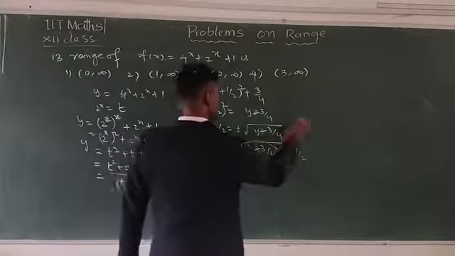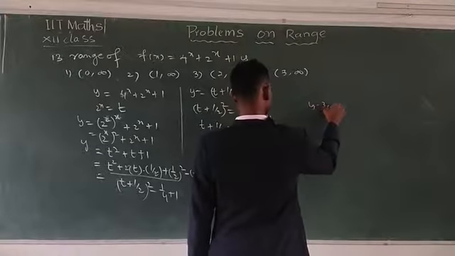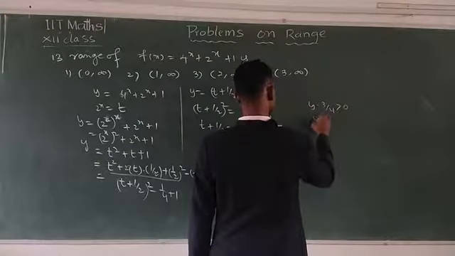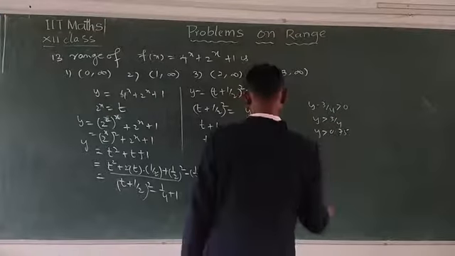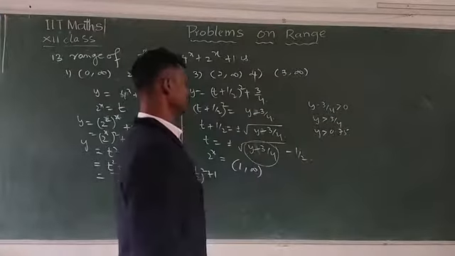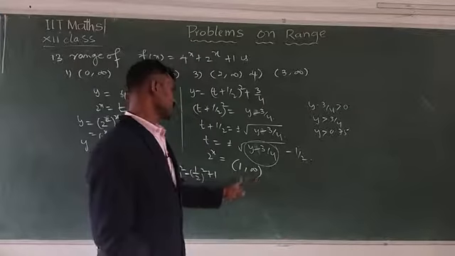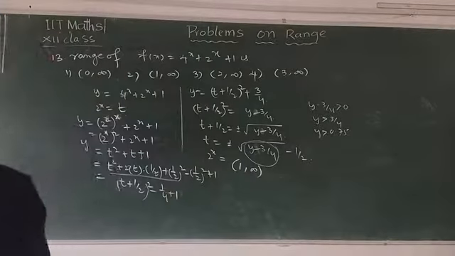Here also minus 3 by 4. Then see here, y minus 3 by 4 is greater than 0, means y is greater than 3 by 4. Y is greater than, this is approximately 0.75. That's why you have to take the open interval 1 comma plus infinity as its value. This is correct. Note down.